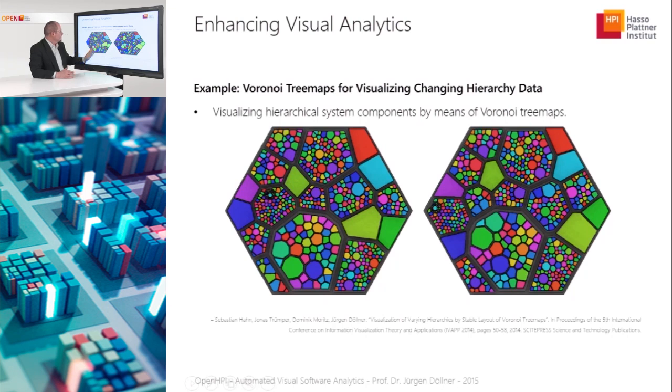So if you compare both images, they look at least at first glance similar to each other, and they denote one system revision and a future system revision, but you see that the principal structure is maintained in both depictions. So Voronoi maps, more precisely Voronoi tree maps, offer one way to visualize large hierarchy data that changes over time. Let's see another example,